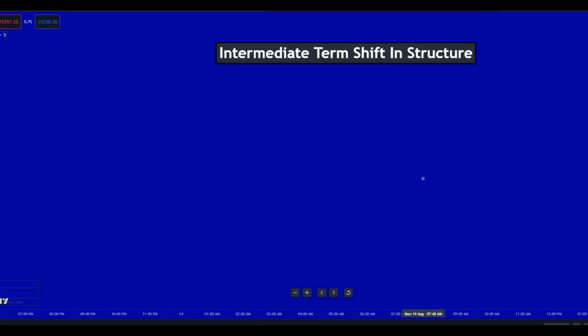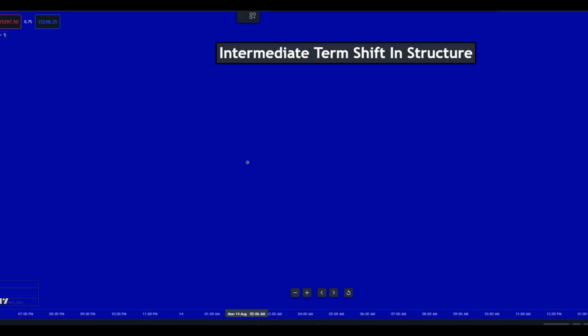All right, we are going to start with the intermediate term shift in structure. This is something that I came up with. You're probably familiar with the first video I did, which I have deleted off my channel. I'll be doing that with any video I think is hurting my channel or not up to par. I'll be removing it and then adding new ones in. So you can look forward to almost a rebranding of my channel, new, better content. I'm constantly striving to be better. Let's get into this now.